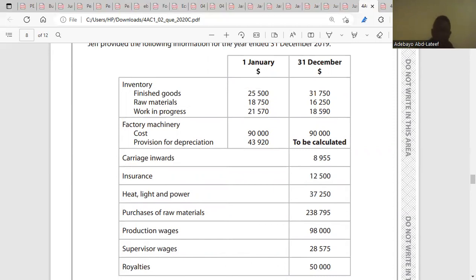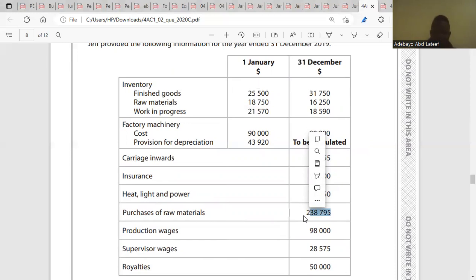As soon as that is done, the first information is the opening inventory of raw materials, because without raw materials, you cannot produce the products. Yes or no? So the first information is opening inventory of raw materials, which is 18,750. Then you add purchases of raw materials. We have purchases here. You add purchases of raw materials,